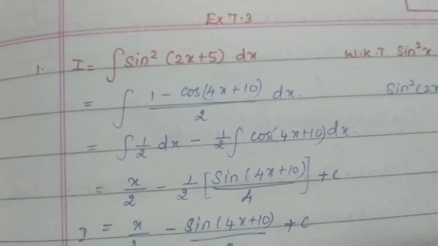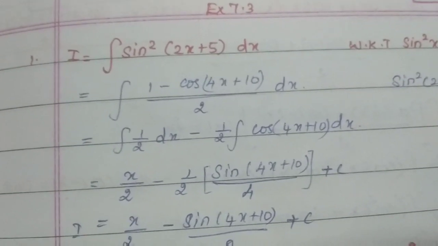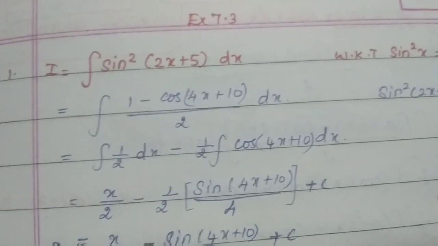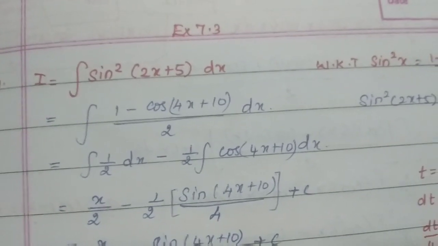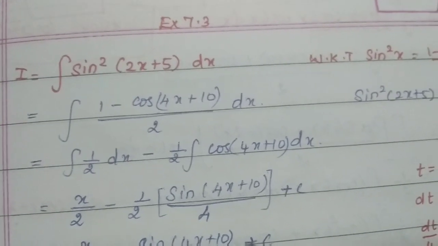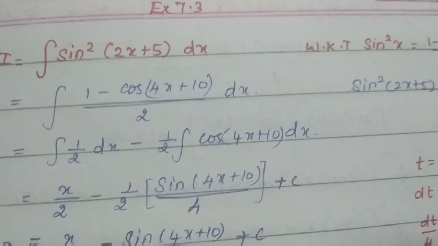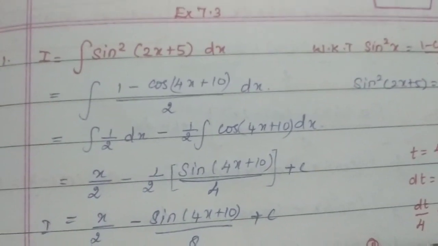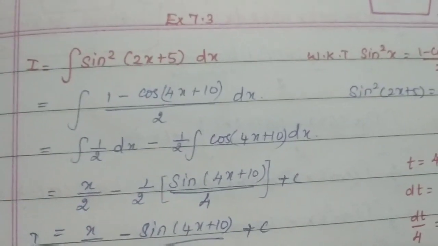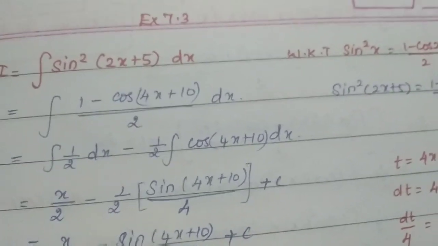I will repeat. If you want to integrate a function which is in terms of cos squared x, cos cube x, sin squared x and sin cube x, you need to use any one of the formulas: sin 2x, cos 2x, sin 3x and cos 3x. Only by applying these formulas can we integrate. We know only the formula of integral over sin x dx or integral over cos x dx, so we are applying these formulas.